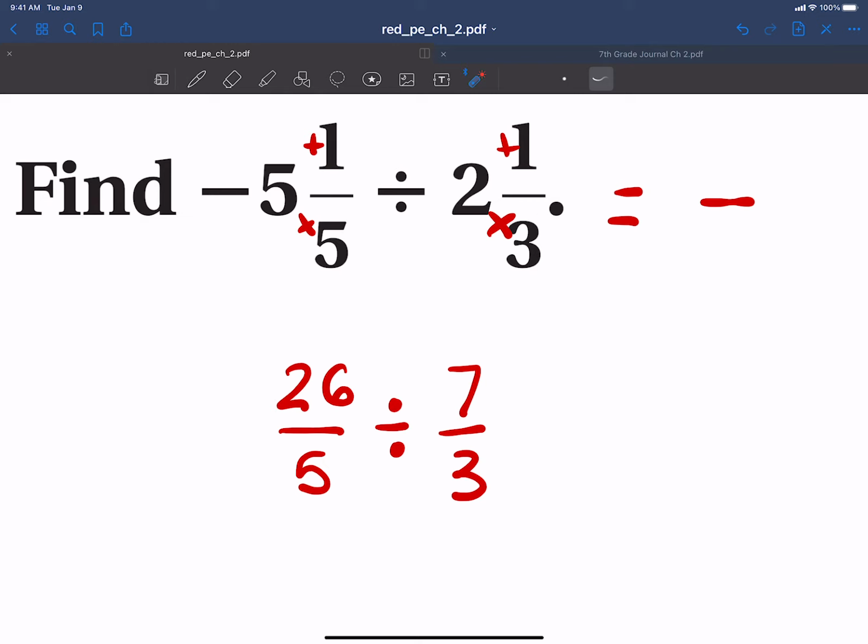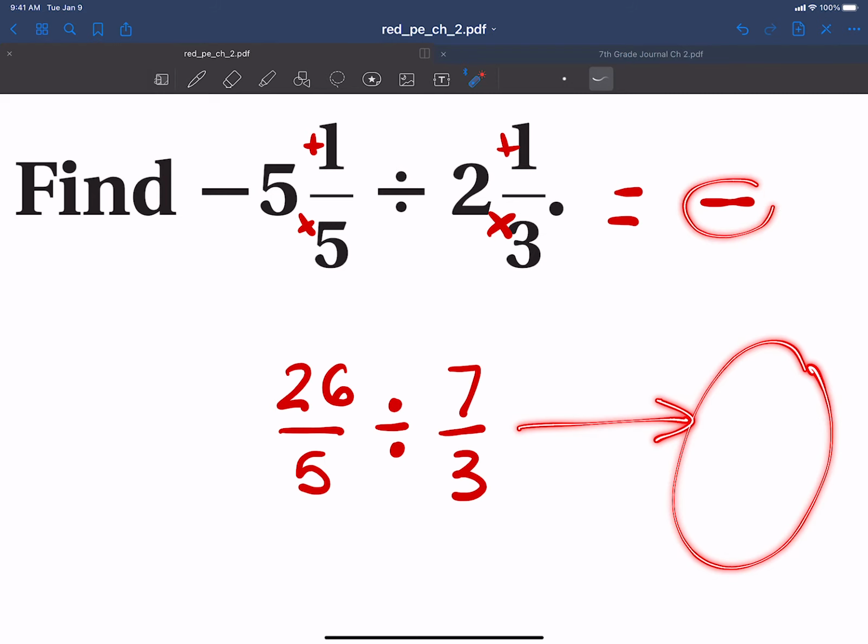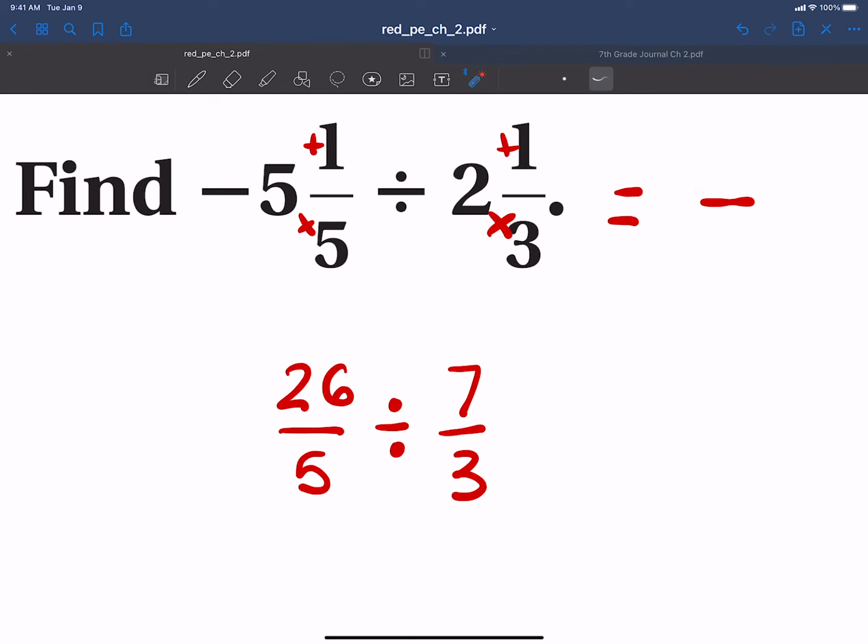Now, you can only do that if you're really good at remembering to put your answer back up here, right? Because you don't want to now do the math, have your answer, and be like, oopsies, I forgot my little fella, right? So don't do that if you're bad at remembering to put your answer back where you had the negative, okay? So I'll go ahead and put my negative here just in case, okay? Now,